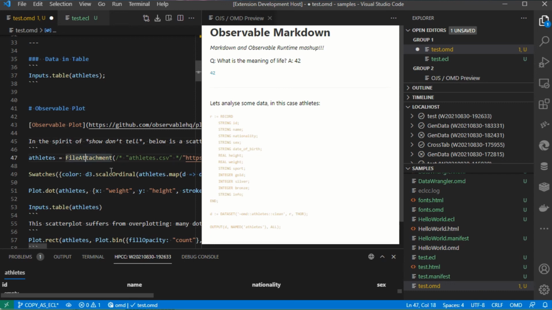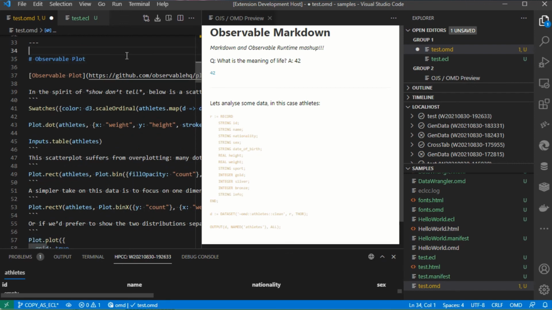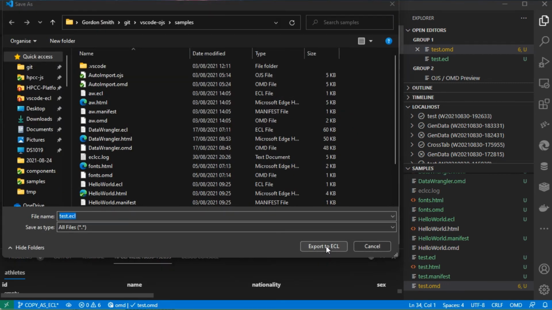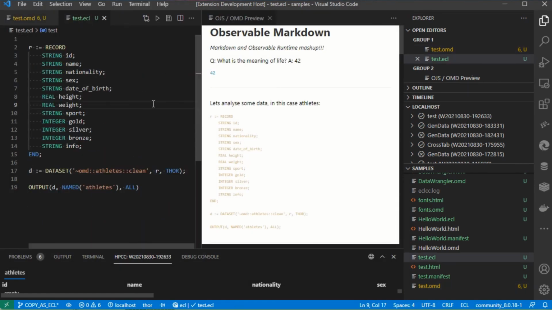You can see we have a file attachment called athletes there, but in our case, we're not interested in that because we've already declared our own athletes dataset here. So I am going to delete that, and I will delete the data table demo I gave a moment ago. Save that. I'm now going to right-click, export to ECL, overwrite the test.ecl file. It hasn't particularly changed. I am now going to submit this ECL,